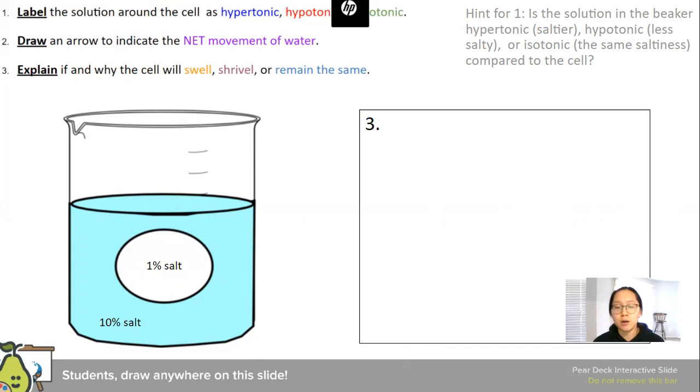But this is the last part of the slide set. I will be checking that you completed all 3 of these practice problems at the end, and if you did any of the stuff in the beginning too. That's for completion. And then you're going to go ahead and move on to your interactive notebook section, which would be section 2, which covers osmosis. And you will go ahead and do your exit ticket at the very, very